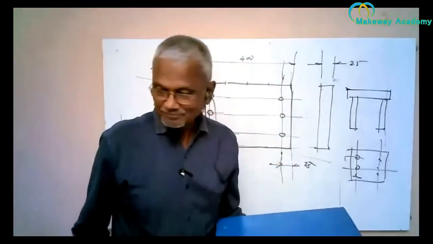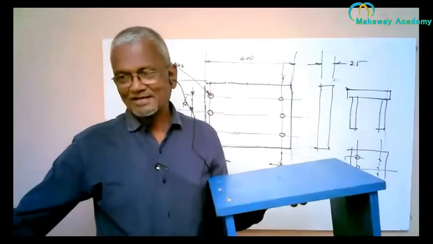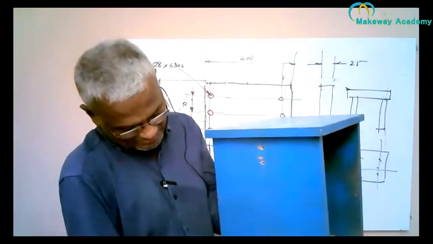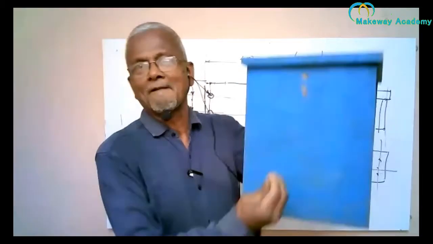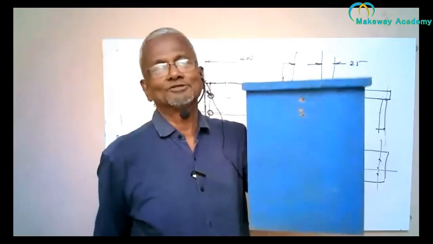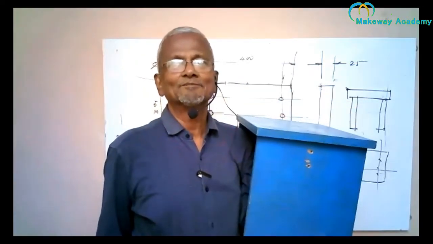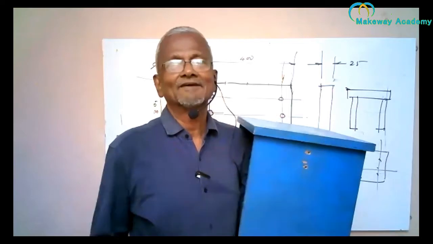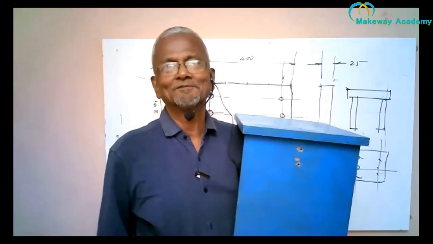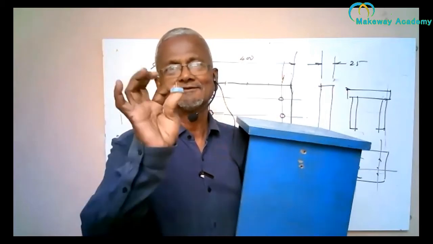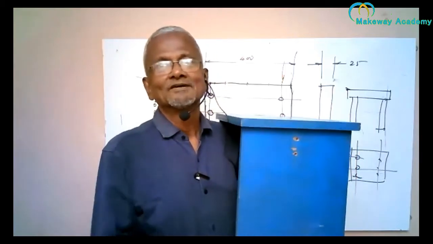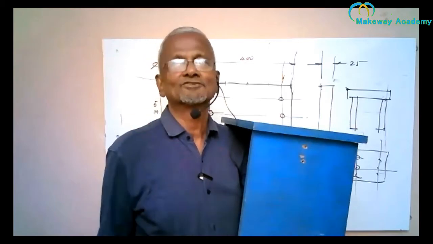Then I have used plastic bushes. These are the bushes underneath, 4 bushes. They are plastic nylon bushes, so that the stability is improved, the wear and tear of the plywood is reduced, and the floor surface will not get spoiled. The 4 nylon bushes are fixed to the supporting pieces by means of wood screws.